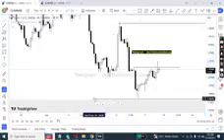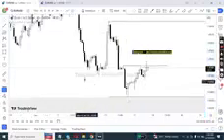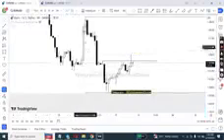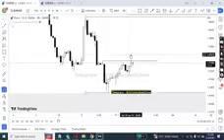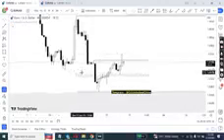Right, it was in the form of this range high right here, and you can see this is the 50% of that weekly candle with that weekly potential CRT. Right now,